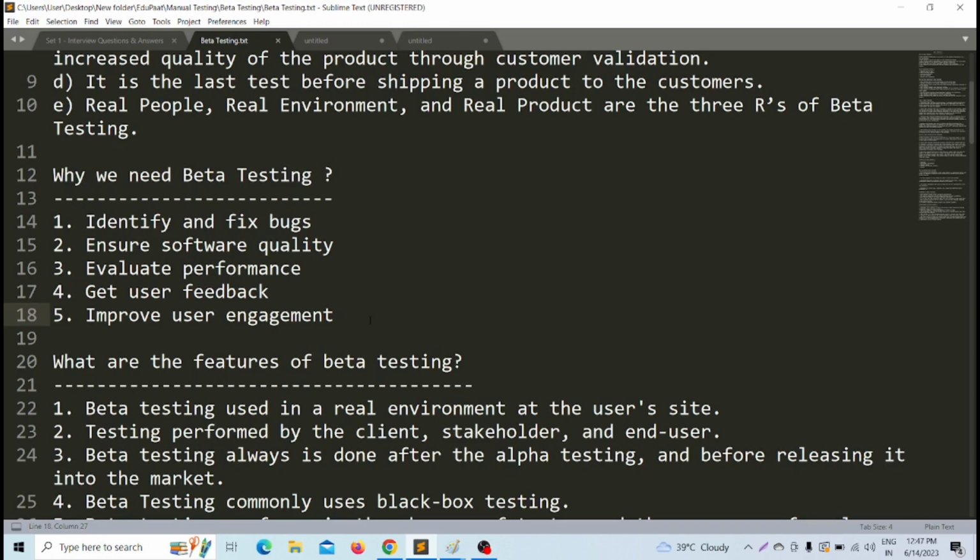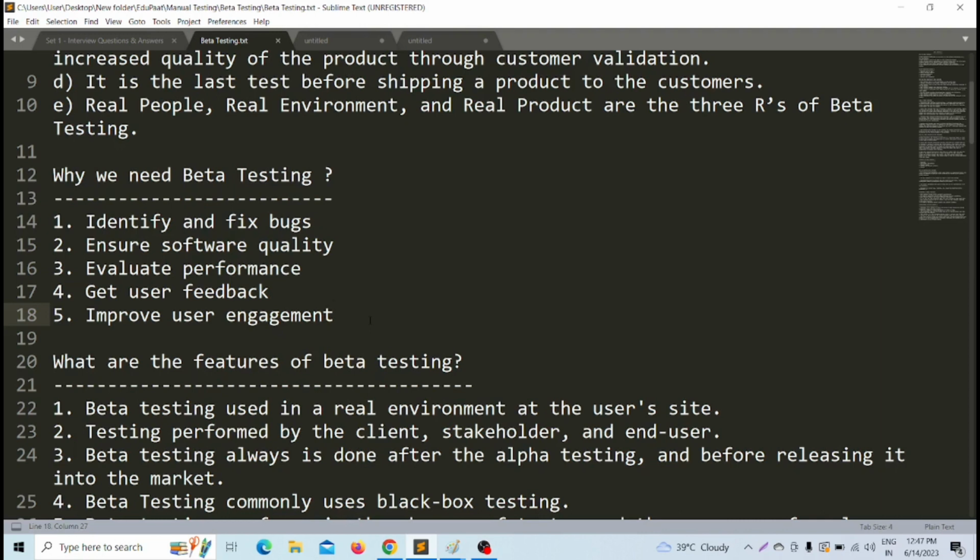Then the beta testing will be done by technical and non-technical users, where TCS will deploy the website on the production server of Indian Railways. After deploying the software to the production server, what will happen? Now Indian Railways employees will check some aspects, like whether the booking is working perfectly fine, whether the cancellation is working perfectly fine, and whether other functionality is working fine. Those will be checked by the Indian Railways employees,